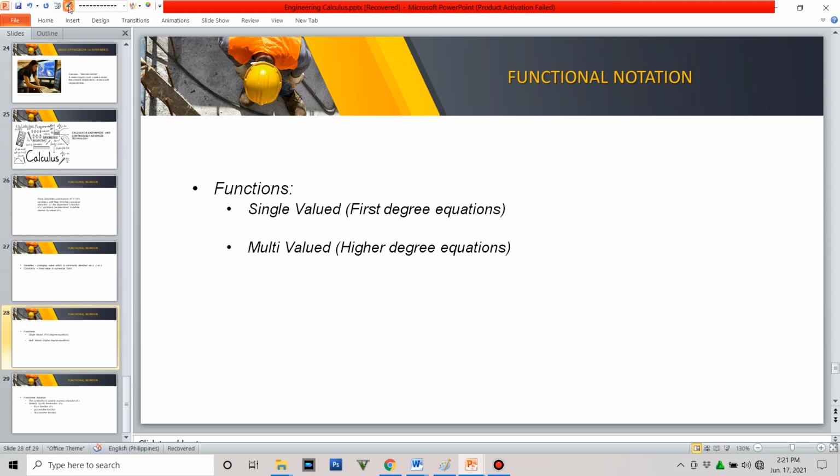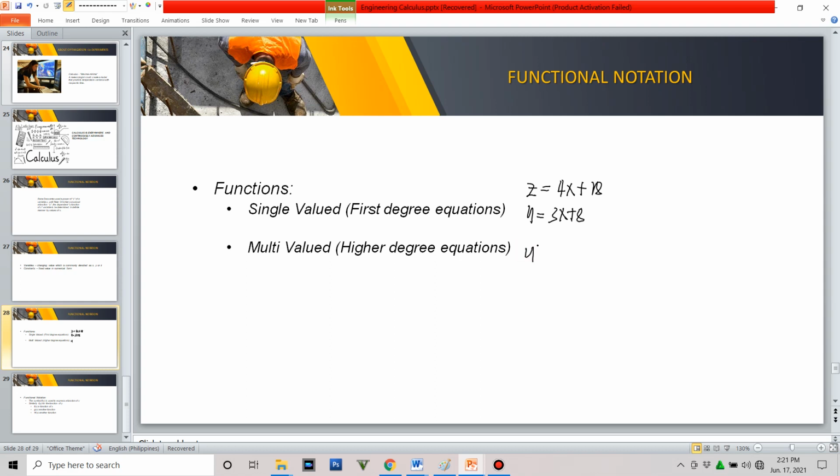So the linear functions just have an equation without any exponents. Say for example, y is equal to 3x plus 8. So this is a linear function, or it could be z is equal to 4x plus 18. So these are linear functions, meaning the variables contain no exponent, while in multi-valued functions, we have